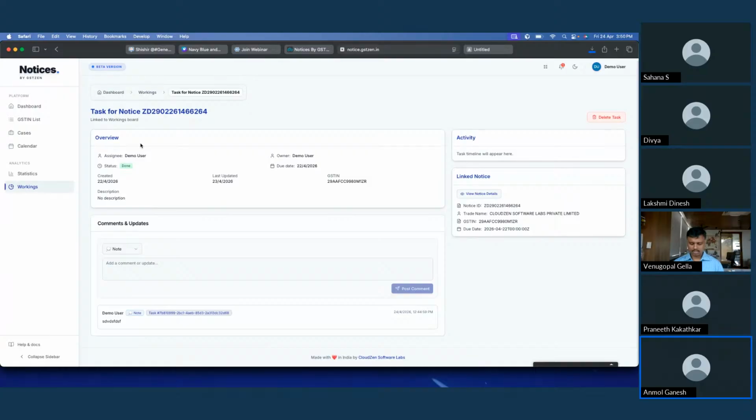So here we have the overview of the task. The assignee is demo user. The status is already done. And let's say, as a customer, I want to add comments for the task that has already been done. Here we can come and add a comment.